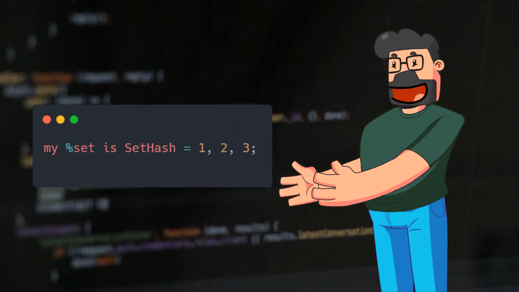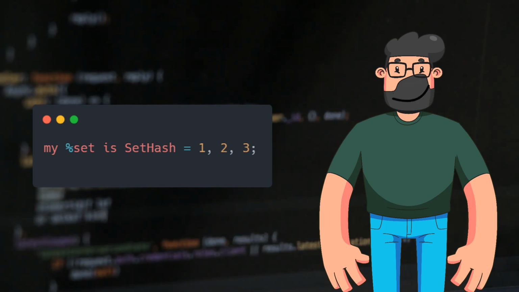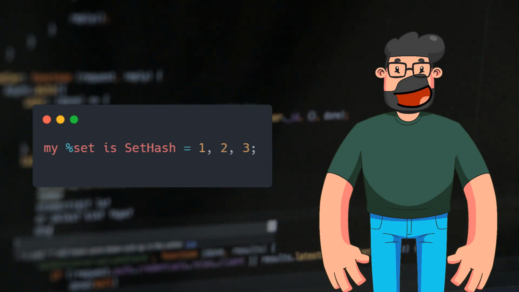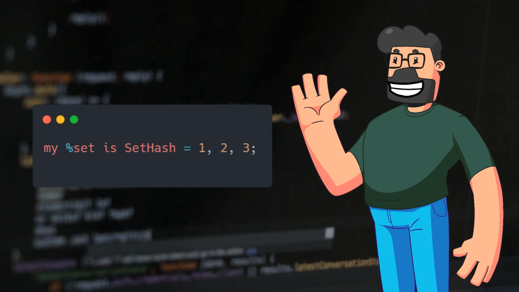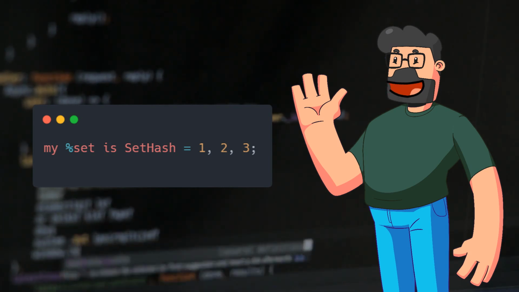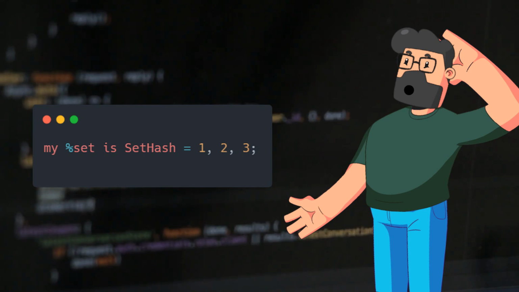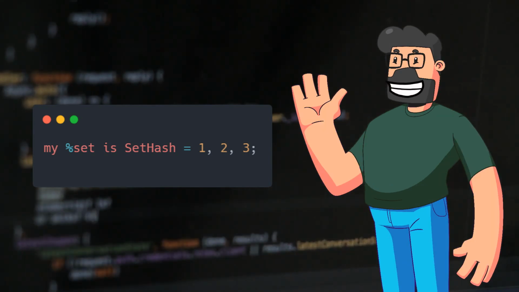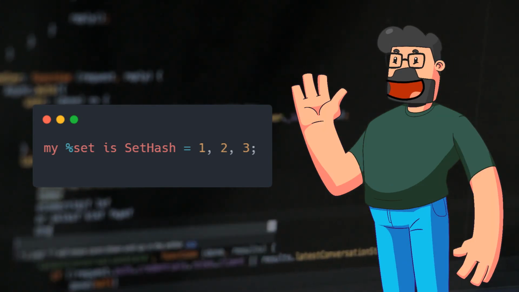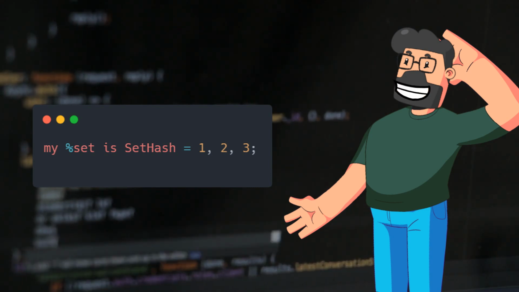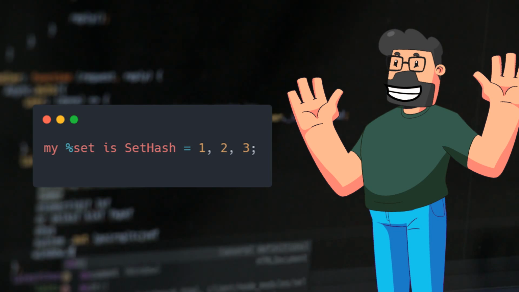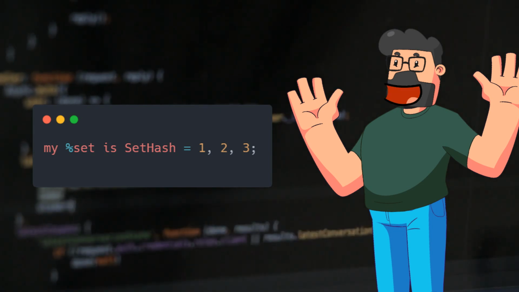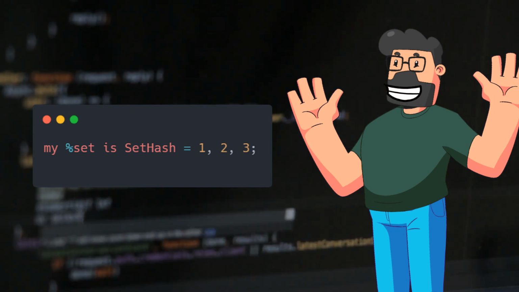Continuing with our discussion on the solution, an alternative to using the binding syntax is to leverage the is trait when declaring the variable. By using the syntax my %set is SetHash = 1, 2, 3, we explicitly specify the %set should be treated as a SetHash, allowing us to use set operations without any issues. This approach provides clarity in code and ensures that the variable is correctly associated with the SetHash class for set